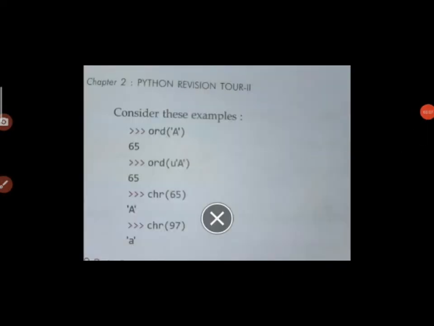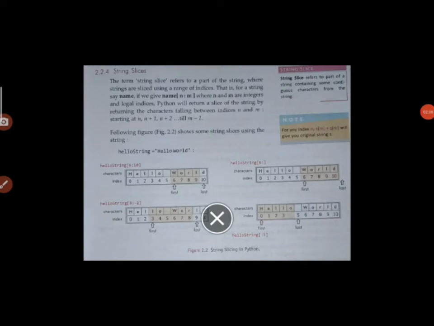Now next is string slices. When we have a complete sentence or a string, it can be divided into small pieces known as string slices.